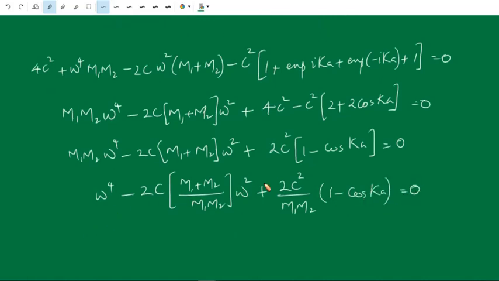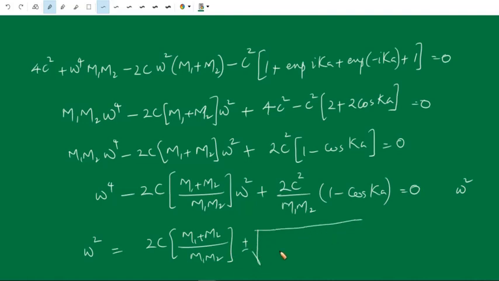So this is a quadratic equation in omega square. Therefore we get the solution omega square is equal to minus b plus or minus square root of b square minus 4ac by 2a. So here 2c into m1 plus m2 divided by m1 m2, plus or minus root of b square, which is 4c square m1 plus m2 divided by m1 m2 whole square